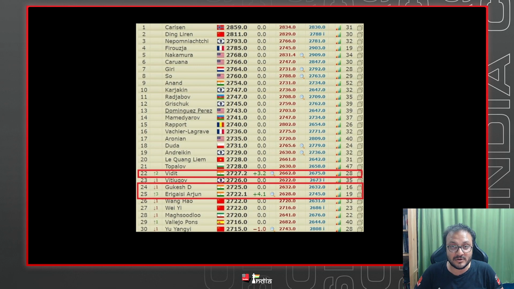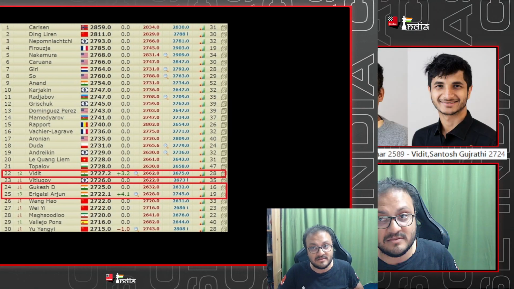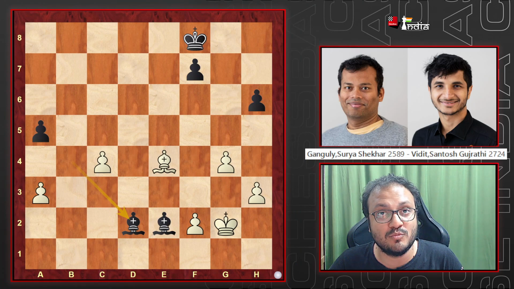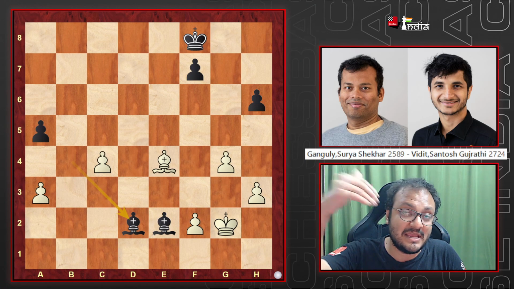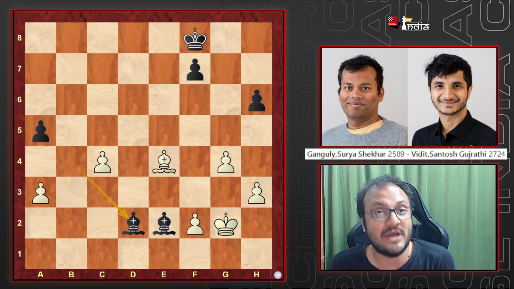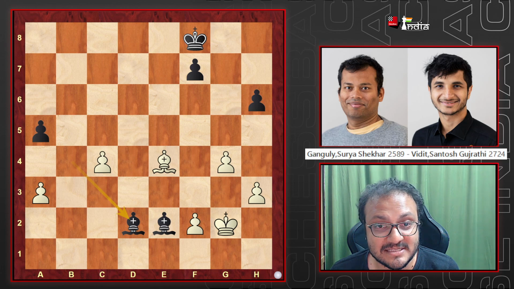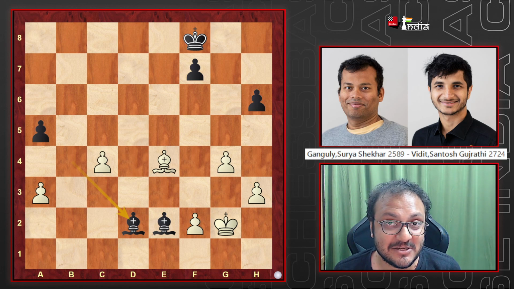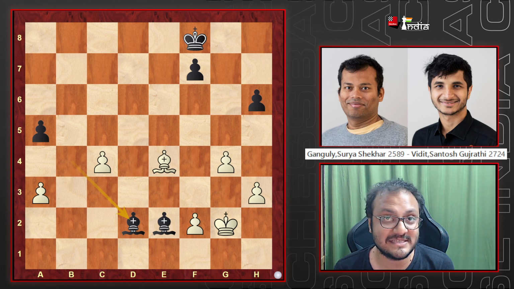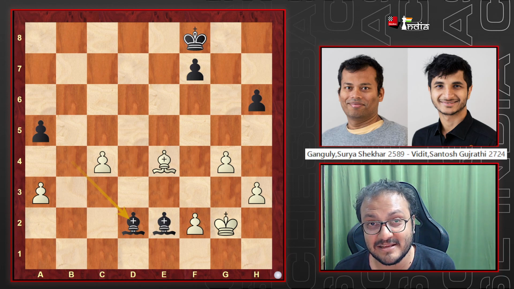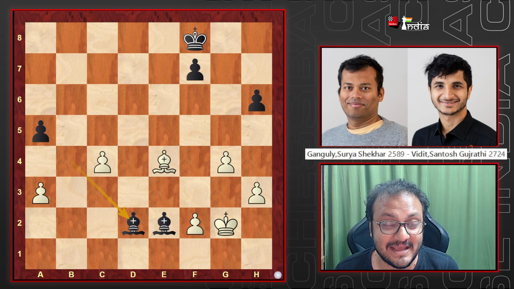If this tournament goes as per plan for Vidit, we could expect him to move closer to 27-30, 27-40, and so on, and would have good chances of trying to come closer to Vishy Anand's rating. For now, early days in the tournament, this was a very interesting game where I think Surya sort of overextended and Vidit played the endgame excellently.